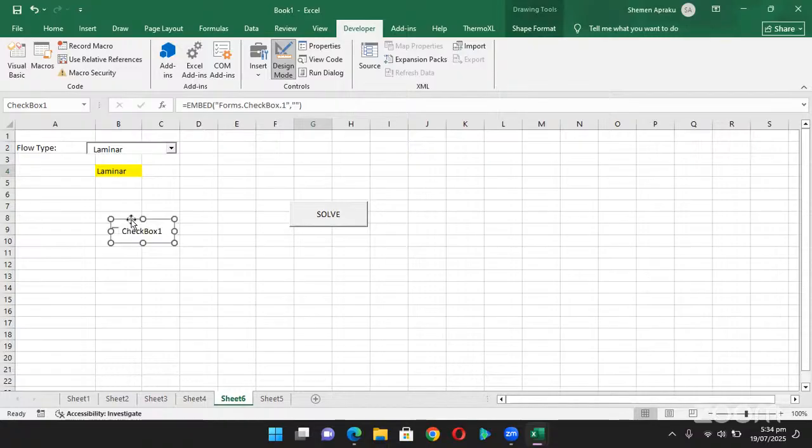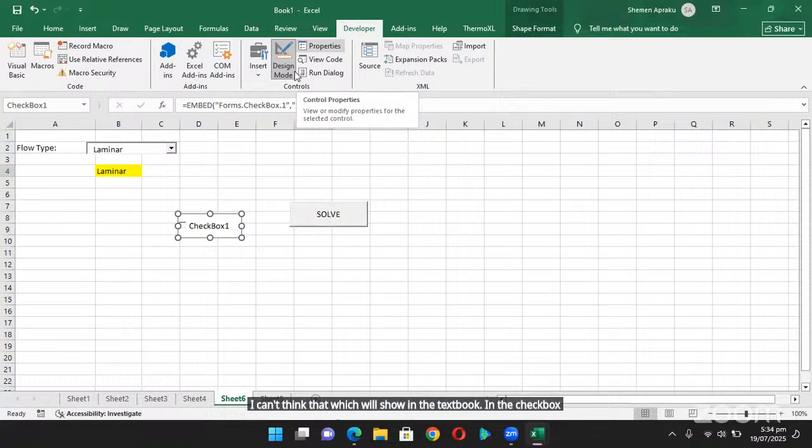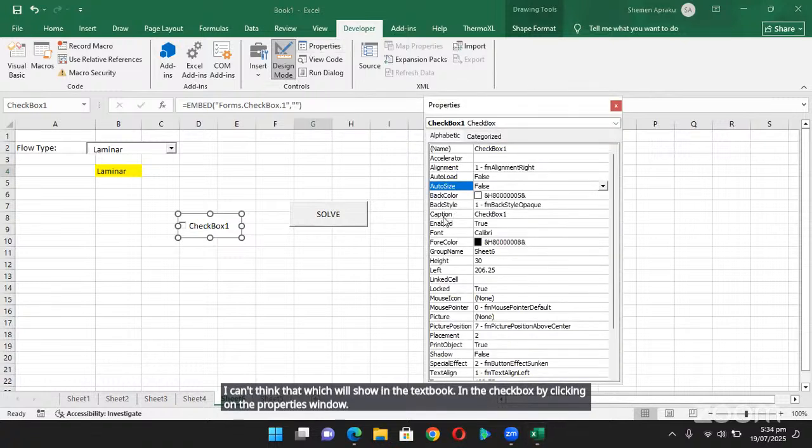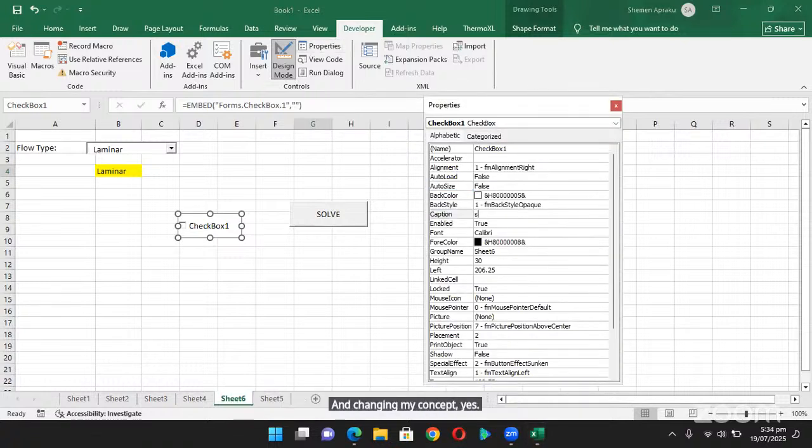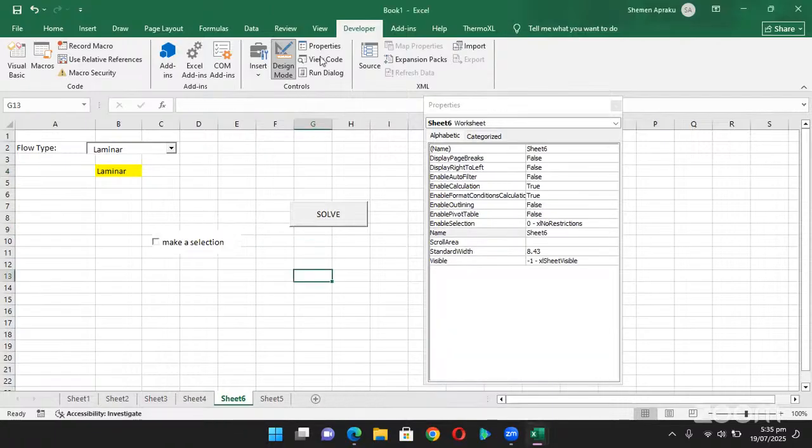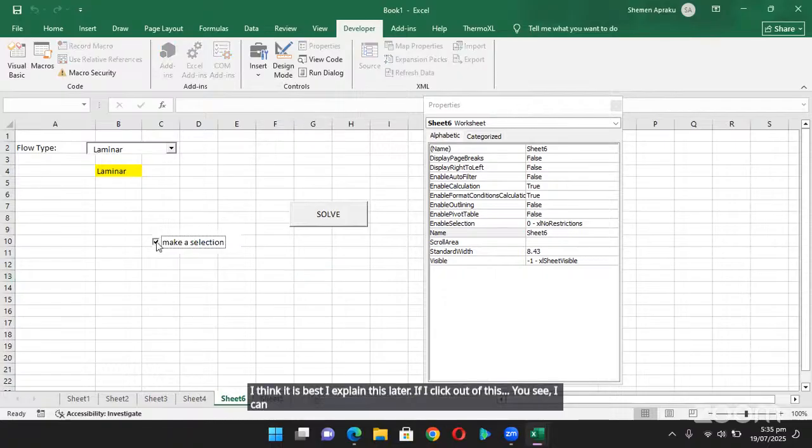So I can change what will show in the checkbox by clicking on the property window and changing my caption. Just say "Make a selection." I click on enter. I think it is best I externally select. So if I click out of this and I click on this, you see I can select and deselect